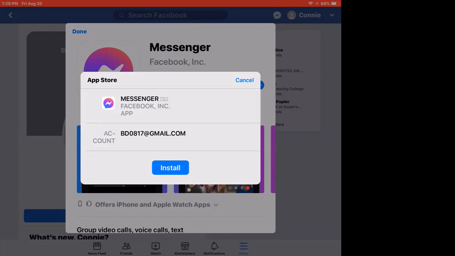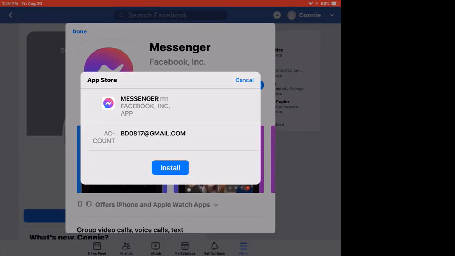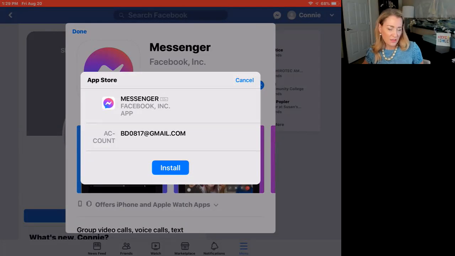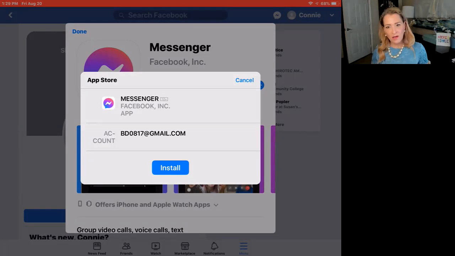Can I change that? Can't change it. That's weird, because I downloaded my Facebook on this. It would have been the same one, I assume, because it would have pulled it on its own. I saw a different one. It was like 000 something. Right, that's mine. So I'm not 100% sure, but